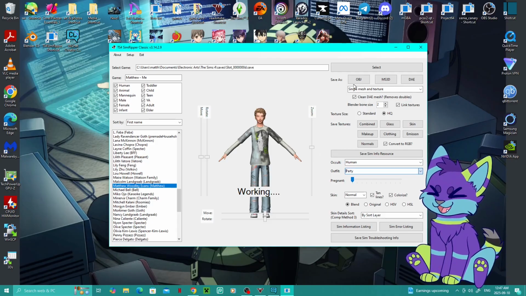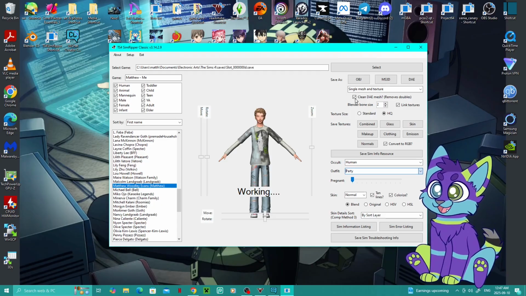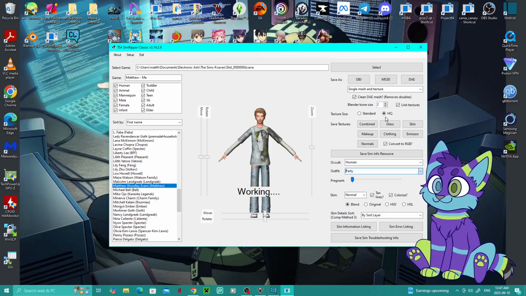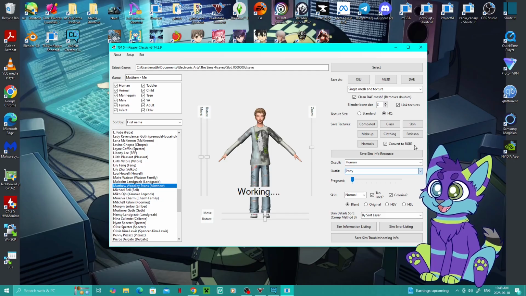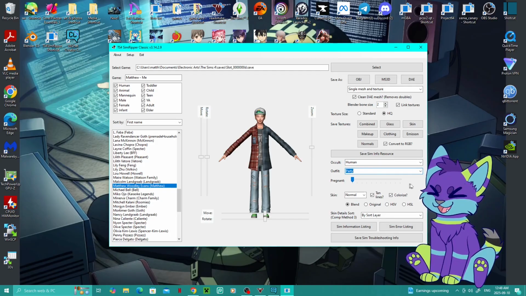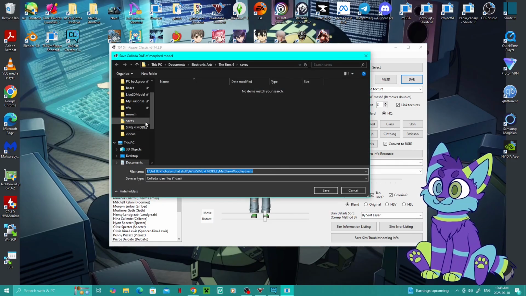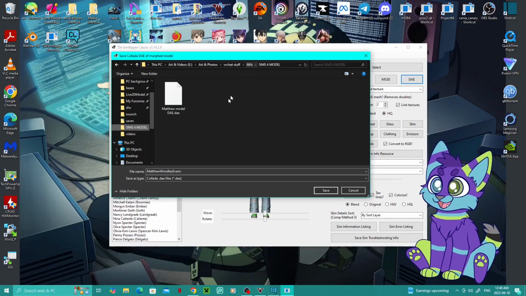And while it loads this one, I'm going to recommend clicking on clean day AE meshes and do high quality textures. RGB is good, and then once you have the outfit you want, I don't think anything else here is super important to mess with unless you're going to figure out how to get glasses. But I'm just going to save this .ae file, and then I already have a folder for Sims 4 model,